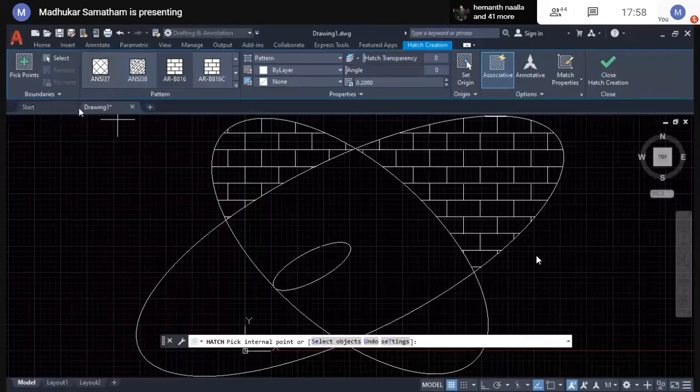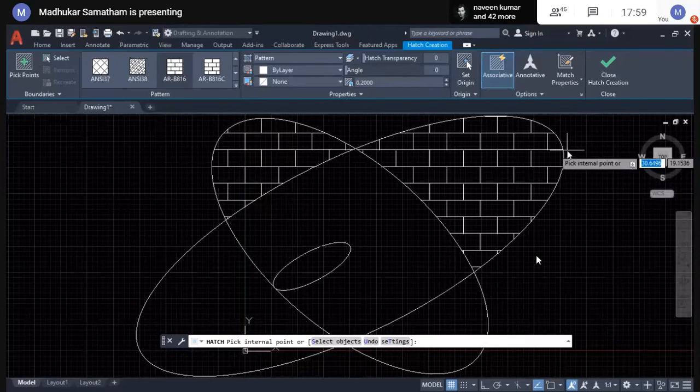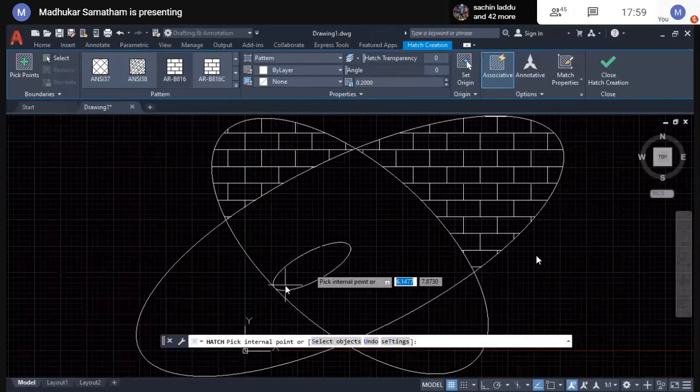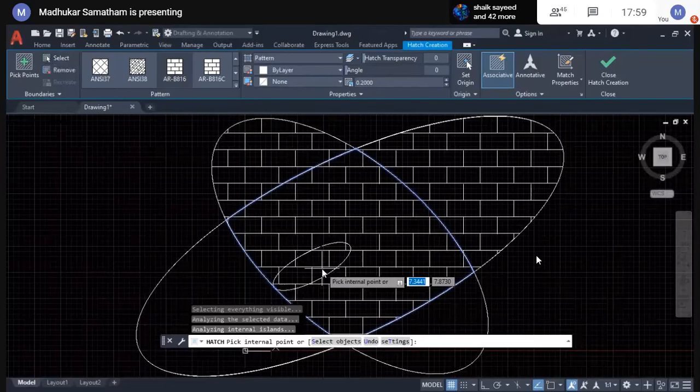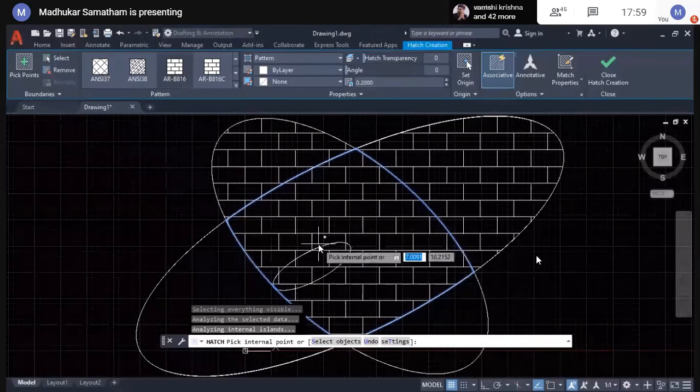In hatch, when we select open contour, it will not consider those boundaries. Without those boundaries, it's been selected.